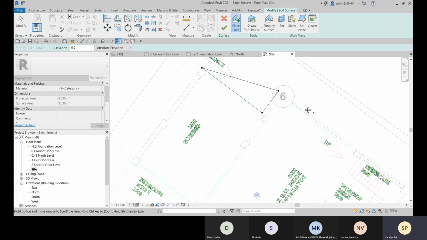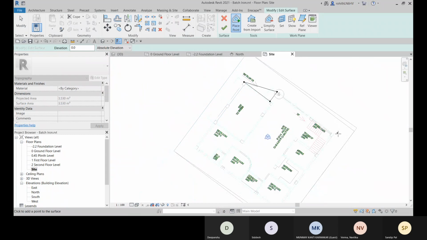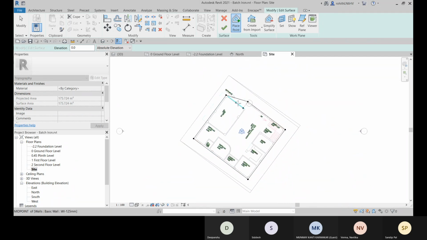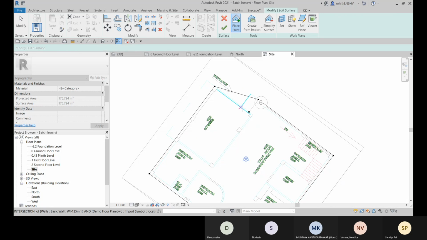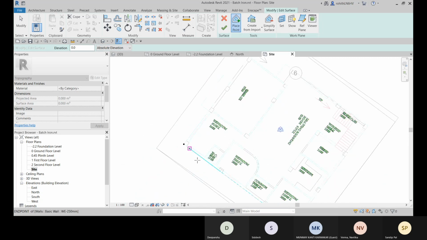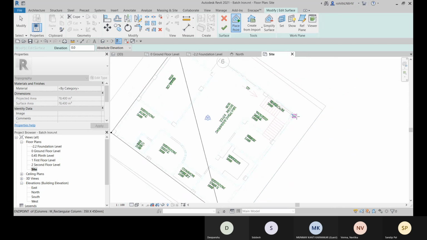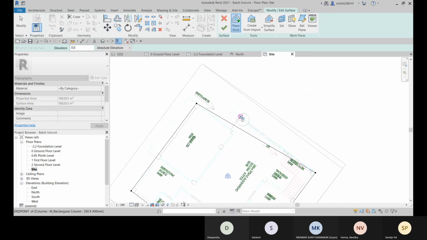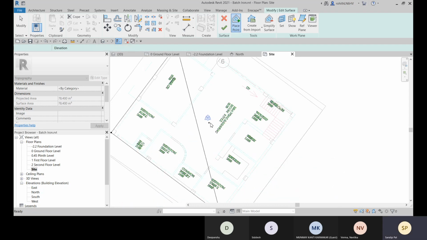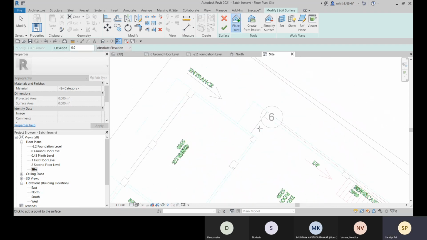Place all these points. We go with this, not out of that point.